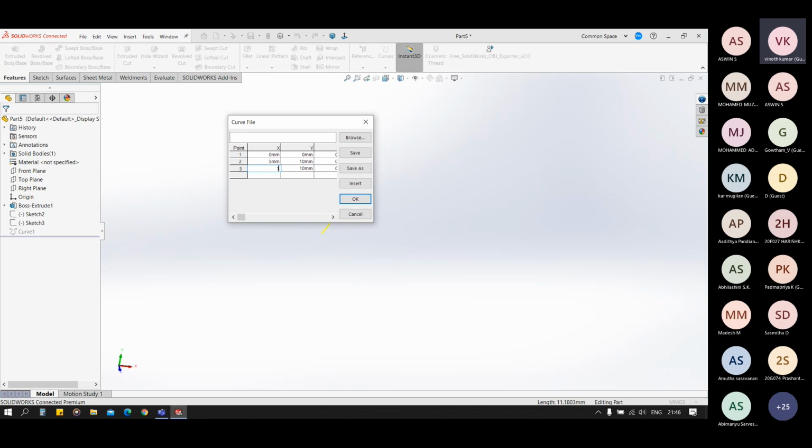In the third, let's say we have 10. Here we have -5, and in this case we have again 20.